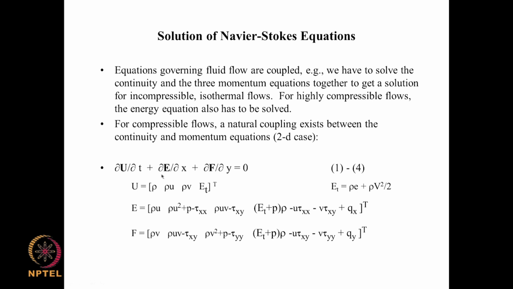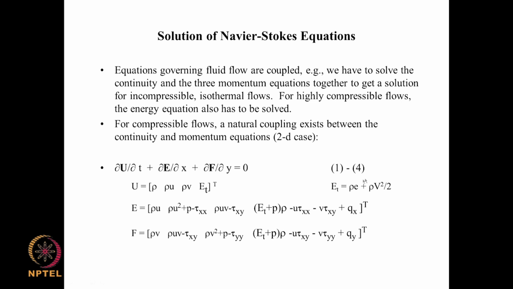So, if you look at this equation here, this is dou U by dou t plus dou E by dou x. If you put dou F by dou y equal to 0, you get the one-dimensional form, and otherwise you get the two-dimensional form. And what is special about this is that the three variables that are coming here, U, E and F, are vector quantities. So, U here is